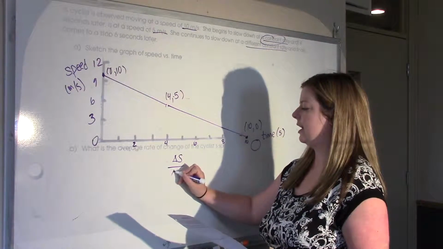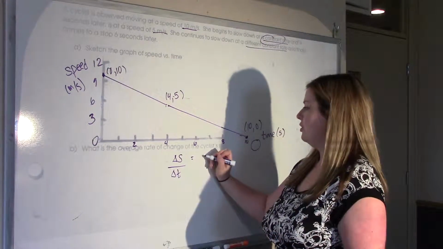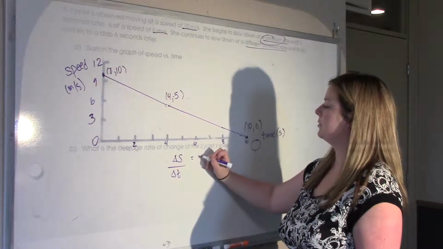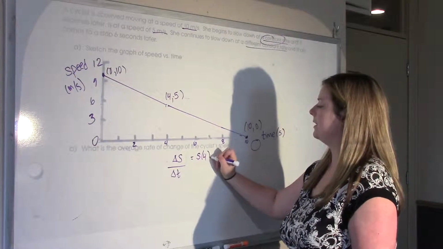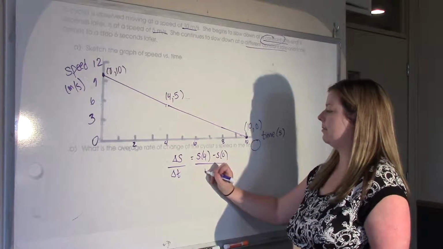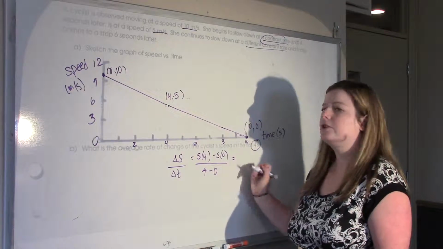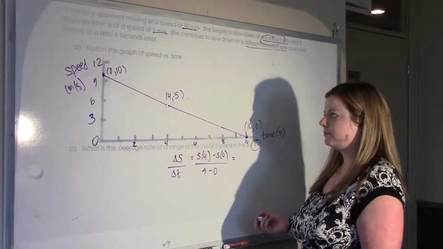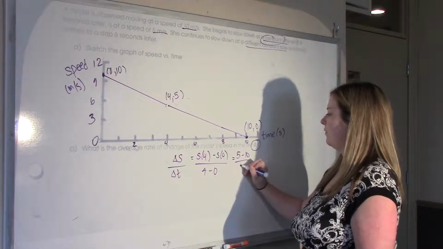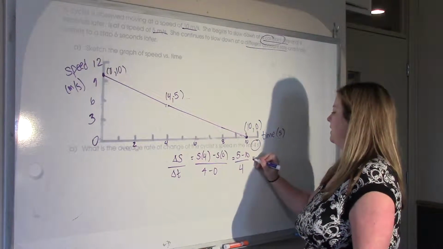Speed over the change in time. So we just take the time, we'll say the speed at 4 seconds, subtract the speed at 0 seconds, and divide it by 4 versus 0. So really you're just taking the average. Okay, so that's 5 minus 10 over 4, which is minus